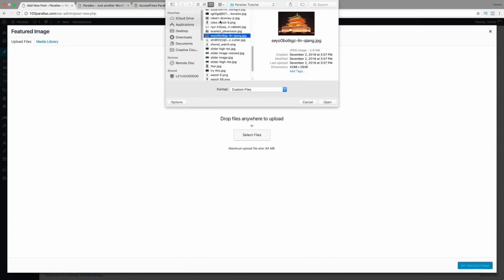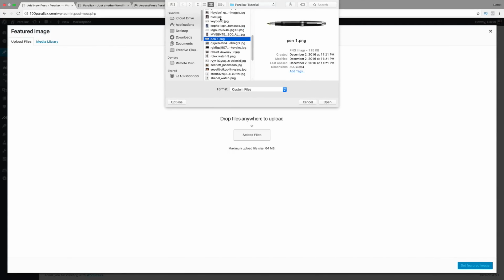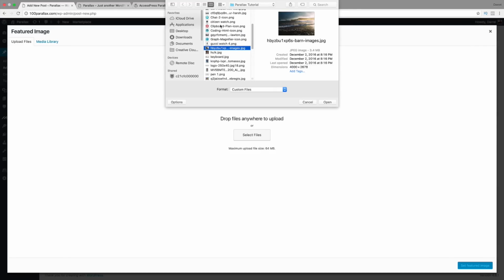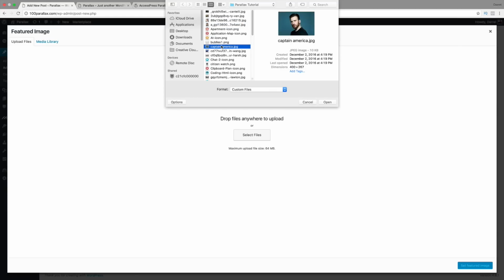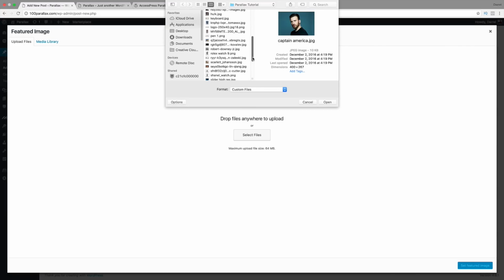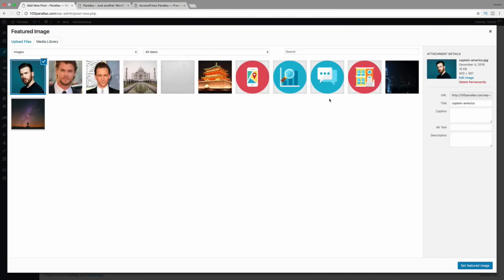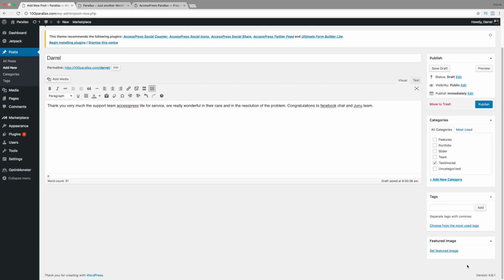So it is right. If I didn't upload it, I will go ahead and choose another one. Okay, I'm just going to go ahead and use Captain America, I guess. Probably didn't put it in the images. Let's see here. Yeah, okay, so we're just gonna use this one. All right, so Captain America, we'll go ahead and change the name. Set featured image,